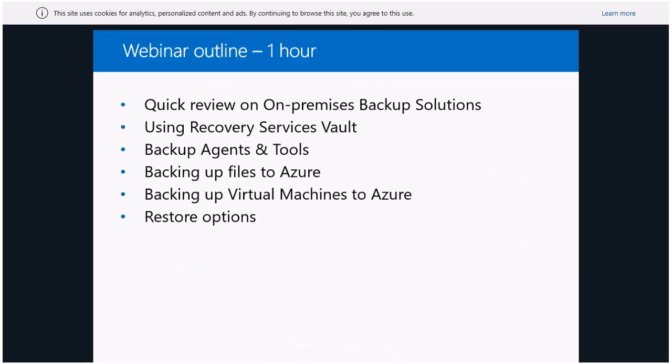Eventually we will talk about the agent and different types of backups, basically from your local server, VMs, files, Exchange mailboxes, or SQL Server databases. We can back them all up to Azure.